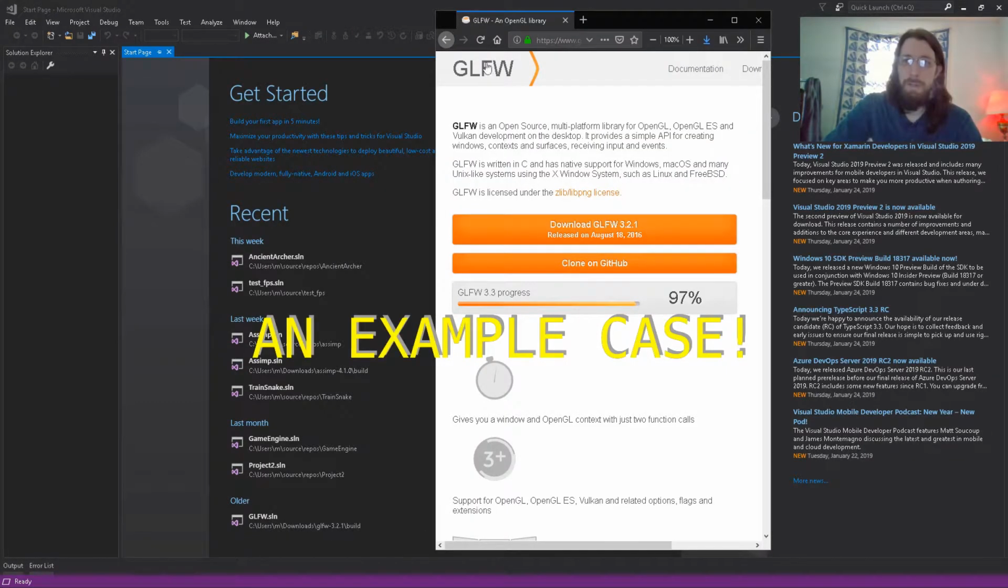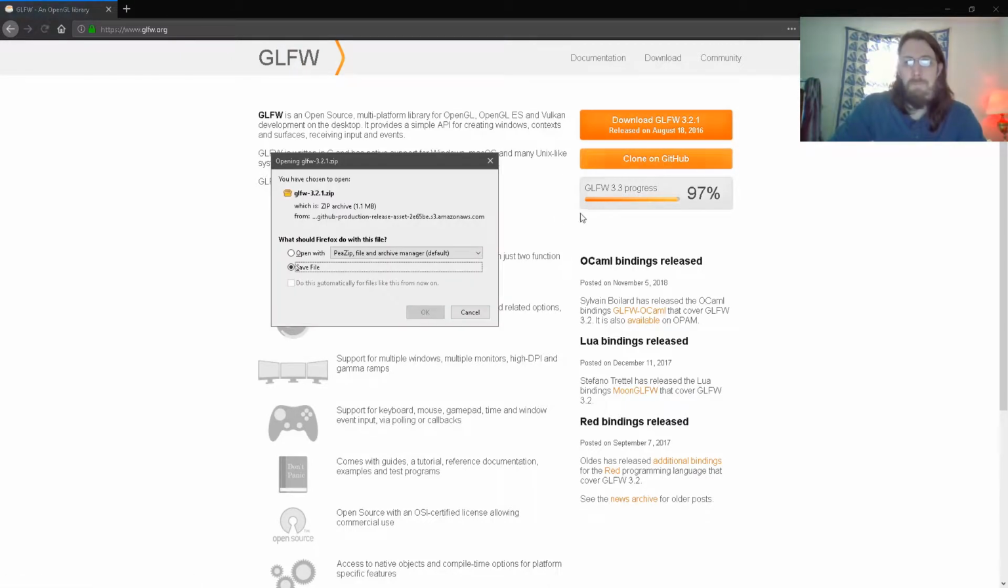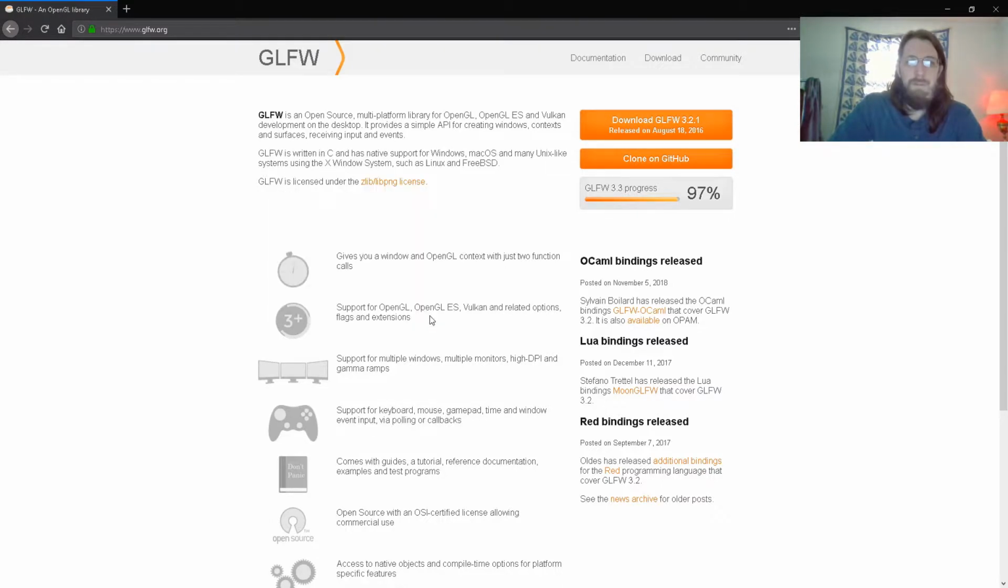So what we're looking at here is GLFW. Now GLFW is basically a little system for setting up display windows, that way you can render stuff inside a window. A lot of people use it for OpenGL and other various purposes. So when you go to their page, glfw.org, and you go to download the latest, you get it in a zip file,